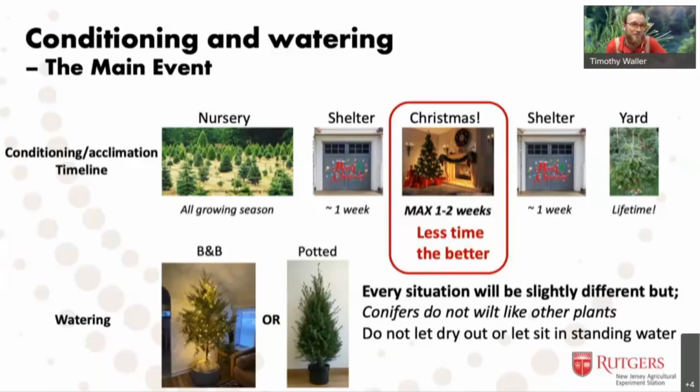generally speaking, when it comes to conifers, they don't wilt like something like a hydrangea would wilt. So they don't give very strong visual cues. So bearing that in mind, keep the soil moderately moist, not dried out, not sopping wet. The last thing you want is your live Christmas tree sitting in a bucket of water. But just generally understanding that you need to be respectful and patient with this tree to plant it out into